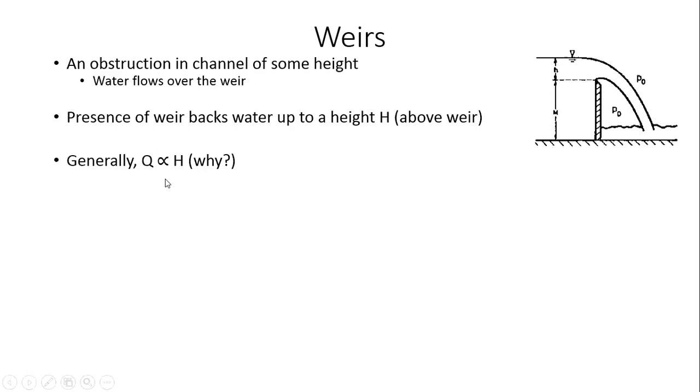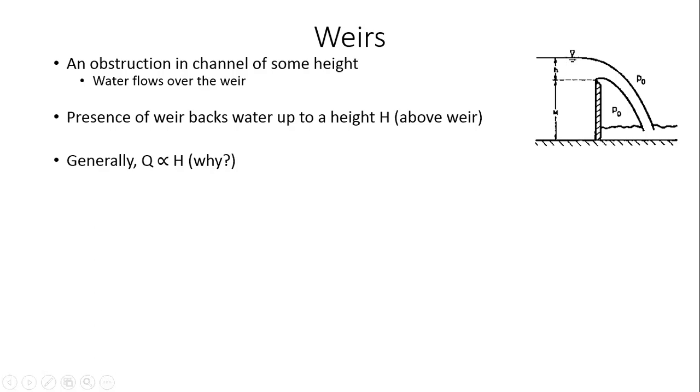So if I can somehow find a relationship between Q and H for a weir, then all I need to do is construct a weir, okay, and then I just go behind the weir at some distance and measure the flow depth above the weir's height, right? Once I measure that flow height, I can put that value of H into that expression for Q and estimate what the flow rate could be, right? So that's the purpose behind this analysis. Why we are trying to do this is to find some relationship between Q, the flow rate, and H, the height of the water above the weir, and see if we can come up with some relationship which we can use in practical situations.